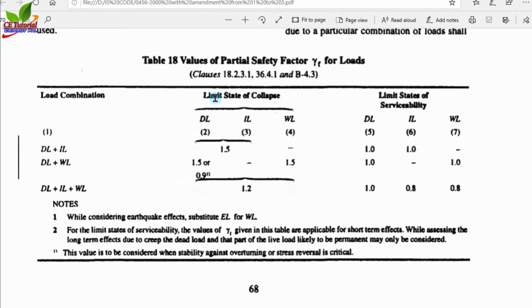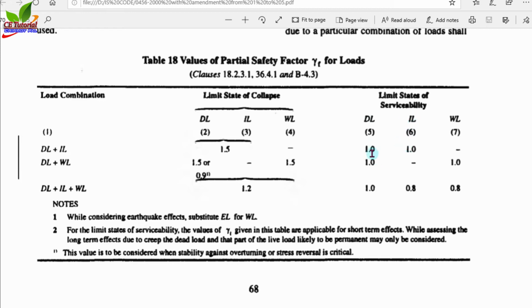So there are three columns: one is load combination, another is limit state of collapse, another is limit state of serviceability. Now, don't think about limit state of collapse right now, I will discuss it later. Just see this column, limit state of serviceability. Now, for dead load plus live load, the load combination is this: DL means dead load, IL means imposed load, and WL means wind load. So dead load plus imposed load, the combination is